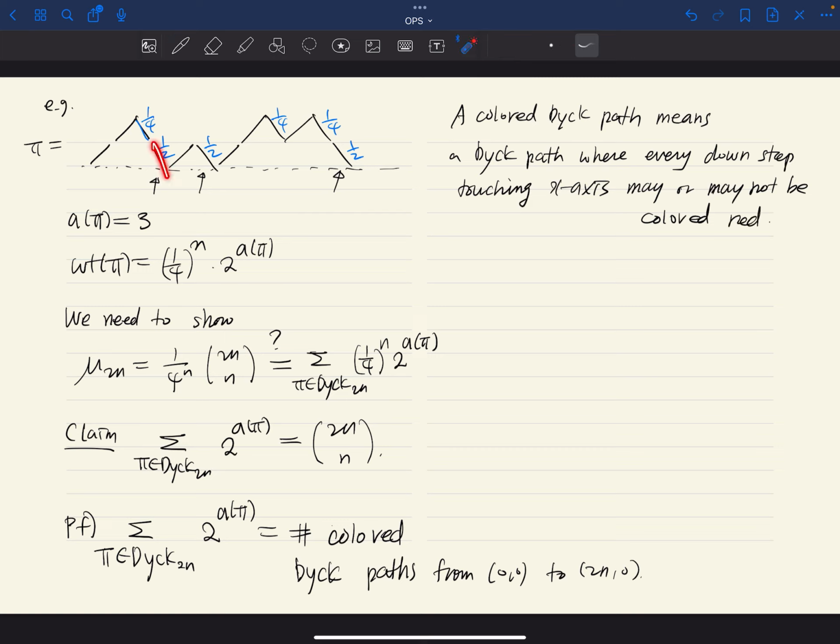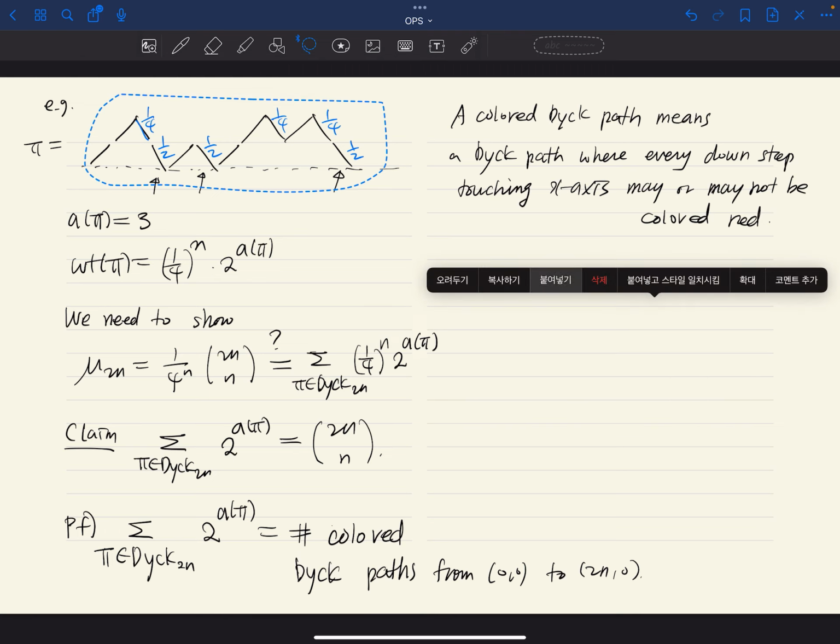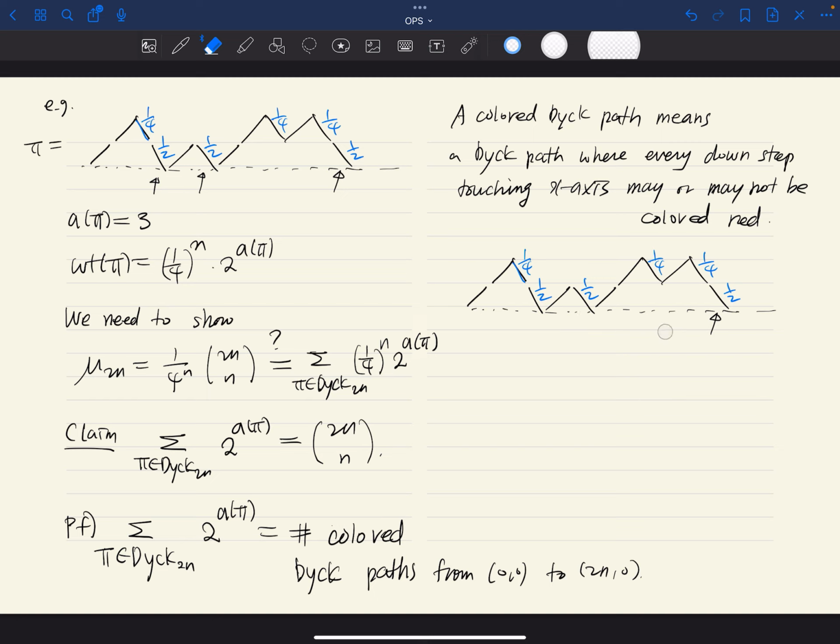So that means we have 2 choices. We give 2 choices, and that will come to this. So for example, we can forget about these weights. For example, we have a choice to color this red or not. We have two choices for this and two choices for this. And let's say we colored this and this. So there are 8 possibilities for this, but we say we color this and we didn't color this and we